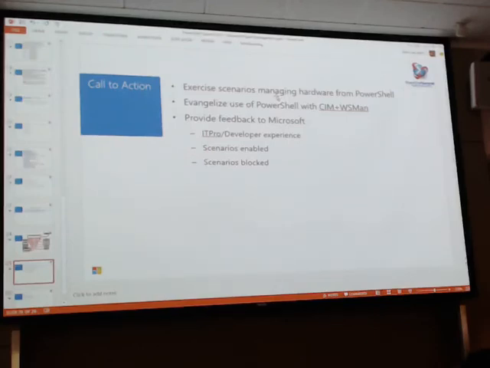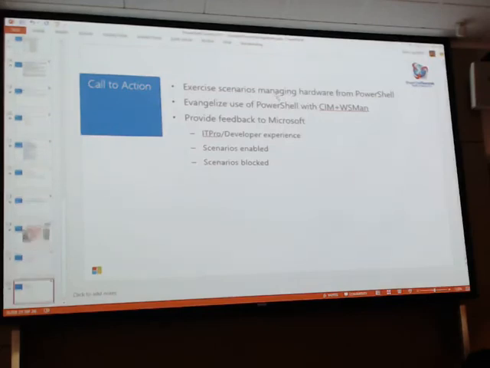We also have the Windows Management Framework WMF release that goes down the hole. So even from 1.7, and I think this was supported on the last one, you could use all the same CIM cmdlets and manage existing hardware that's in the market today using those standards. But the thing we're trying to figure out is, how do we make the experience better? Are there scenarios that you want to light up that you can't, either because it's hard to figure out or because we don't have certain features implemented? Let us know, and we'll prioritize it. We'll try to work together. We'll try to provide a workaround if nothing else.